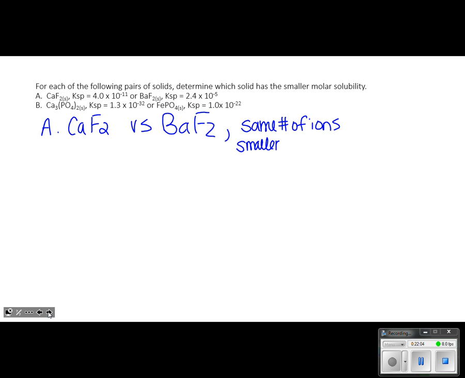Smaller solubility or molarity equals smaller KSP value. So in this particular case, our calcium fluoride is 4.0 times 10 to the negative 11th. It's going to have the smaller molar solubility because it has a smaller KSP. The reverse is also true. If it was asking you for the greater solubility, you'd look for the greater KSP. It works both ways. Now, on the second one, we have calcium phosphate